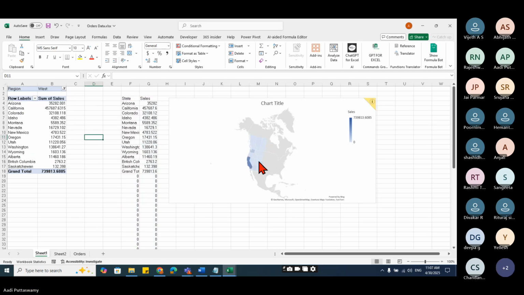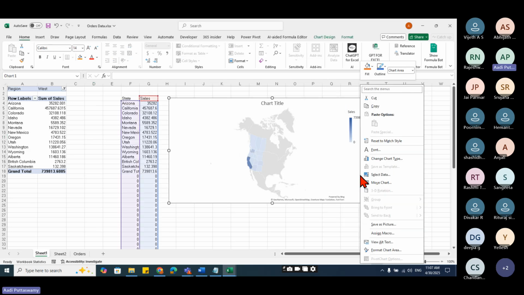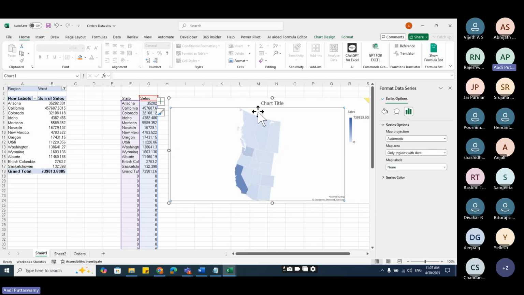See, can you see here? You can change the properties if you want. So, your properties, if you want, you can change the properties here. Map area, only regions with the data. See, only that region with the data I will get.